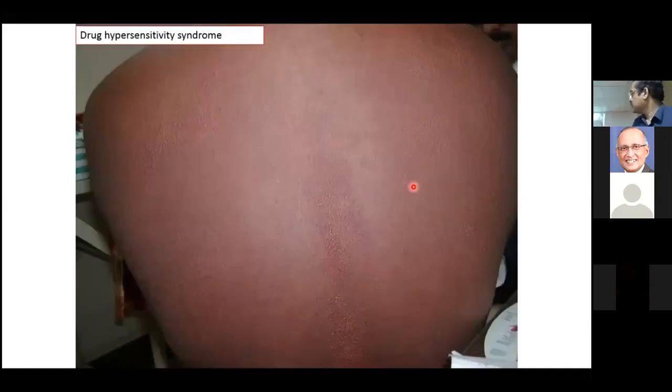This is the presentation of a drug hypersensitivity, almost like a sandpaper appearance. Fine, diffuse, reddened lesions all over the body. Usually these patients who have drug hypersensitivity syndrome to antiepileptics or allopurinol or minocycline, all of these, actually have a facial edema. First, it starts off as a facial edema and conjunctival congestion and oral mucosal involvement, occasionally a difficulty or a sore throat or a feverishness.